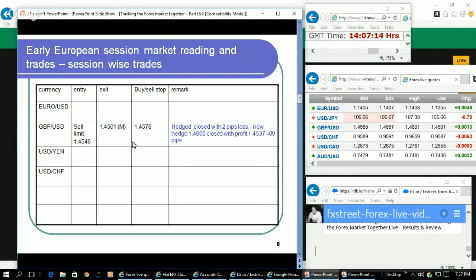And subsequently what happened, it was showing profit during the discussion, and suddenly around 12 GMT they made an upward stop and went up to 1.4582, and then it was hedged, and then the hedging was not making profit for 10 minutes. Then immediately I closed it with 2 pips loss and kept another hedge order 30 pips above, at 1.4606,